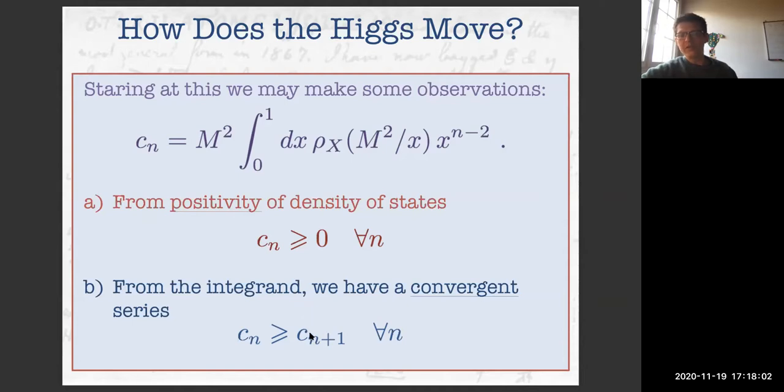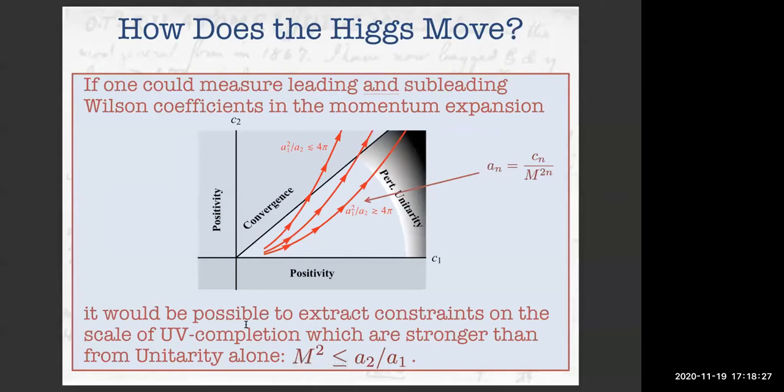Furthermore, that means if C10 is non-zero, then C8 has to be non-zero. You can't have corrections that just turn on at some very high power of the momentum, 18 powers of the momentum or something like this. That's inconsistent with quantum field theory, which is not something that's automatically obvious, I think, from just playing around with toy models. Yep. Matthew?